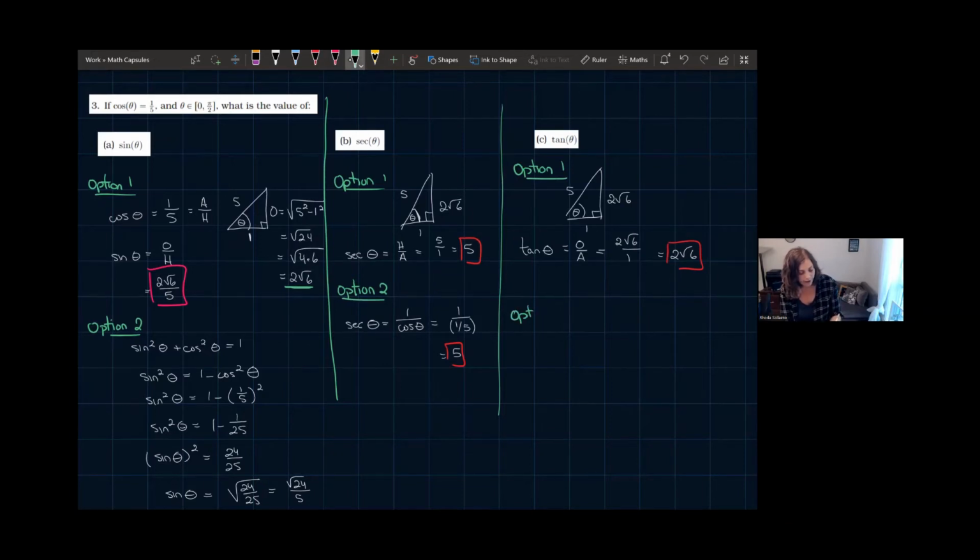To do this using identities, well, our basic Pythagorean identity is this one, sine squared plus cos squared equals 1. There are two other versions of this identity. I hadn't mentioned them yet, but hopefully you've seen them before. If you haven't seen them before, no big deal. You just build them from this one. So when you have sine squared plus cos squared equals 1, there's two things you could do to get a new identity. One is divide everything by sine squared. If I do that,